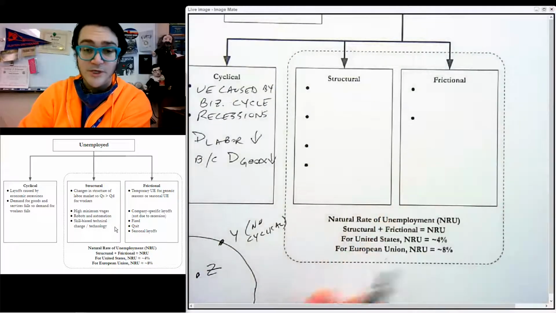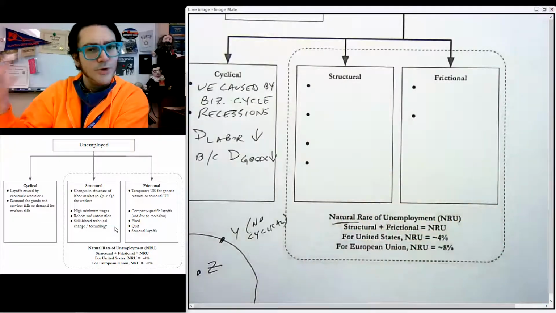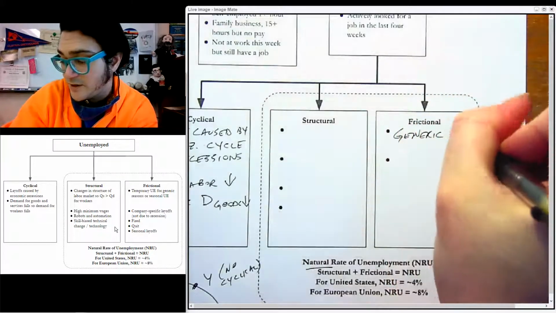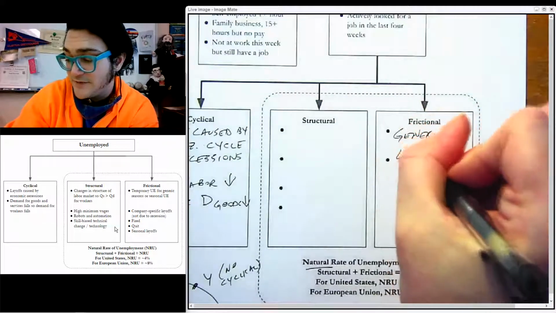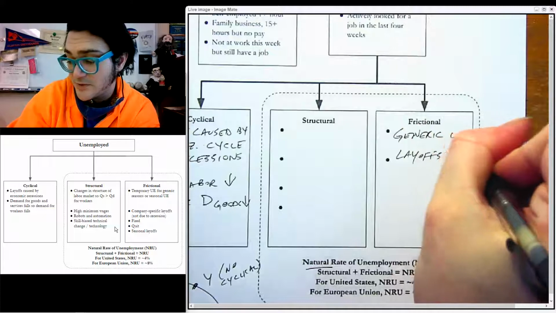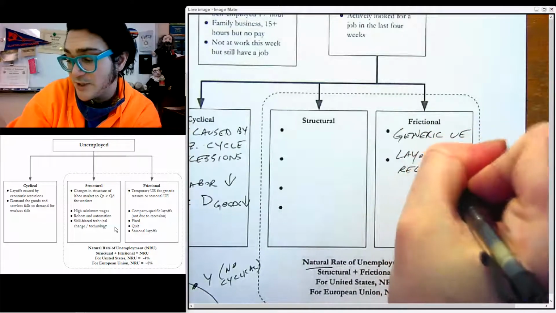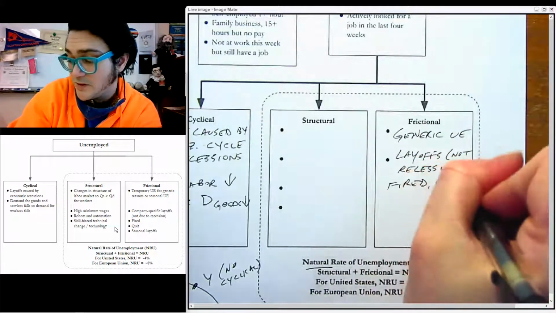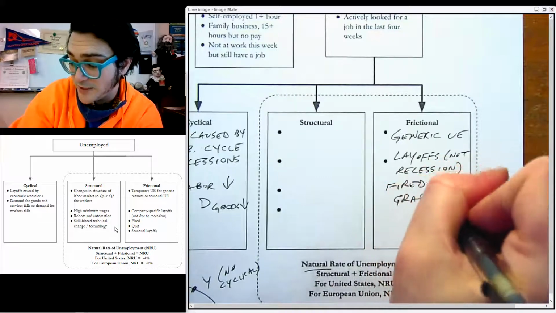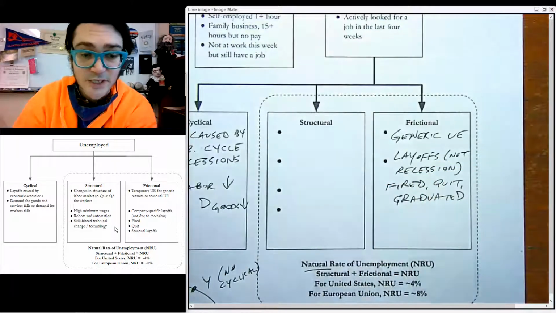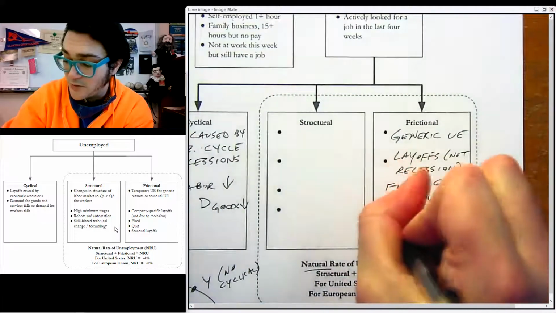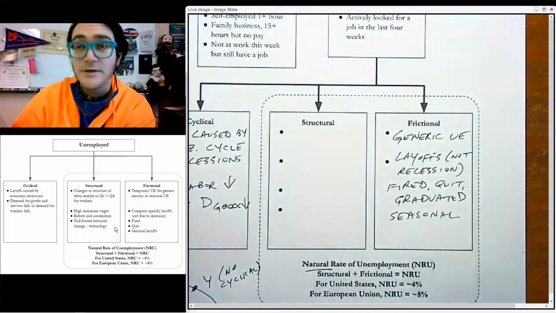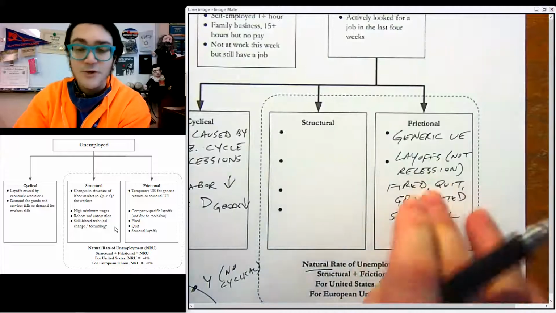The other two types of unemployment are what we call natural unemployment, or the normal kind of unemployment. Frictional is generic unemployment. So we could say layoffs not related to a recession. These would be if your company is not doing very well, or if you got fired, or if you quit, or if you just graduated and took a new job, or if you decided to move from one place to another. Seasonal work is another example, like if you're a roofer, a mall Santa, or a resort worker. That's all frictional unemployment.